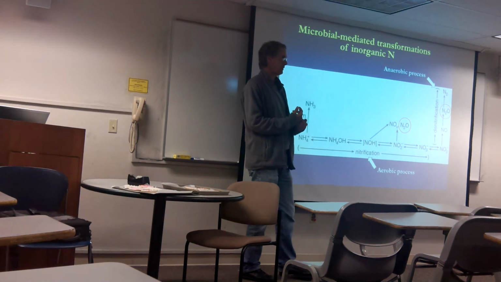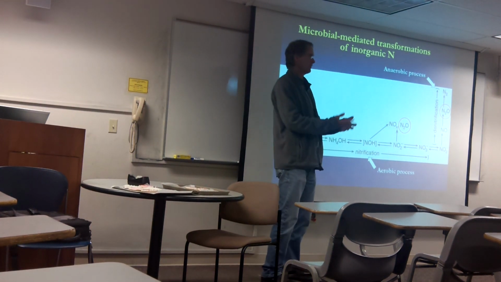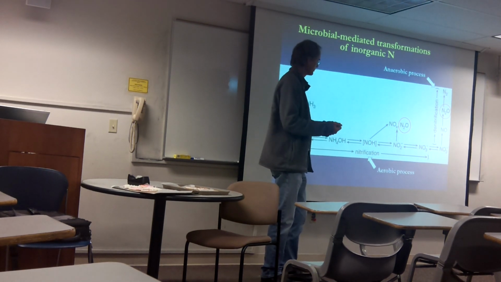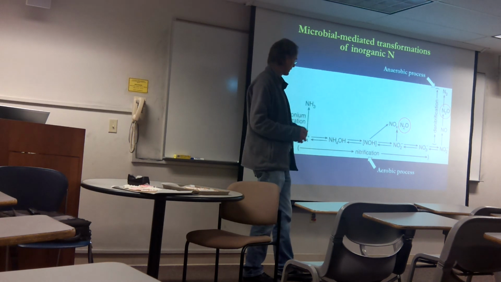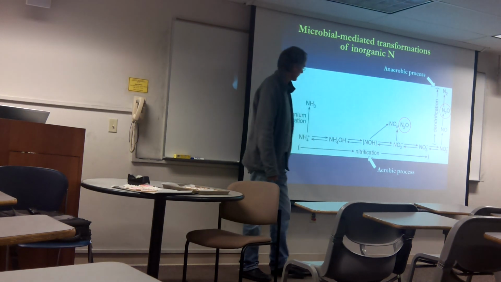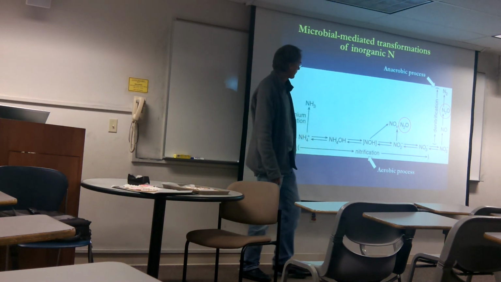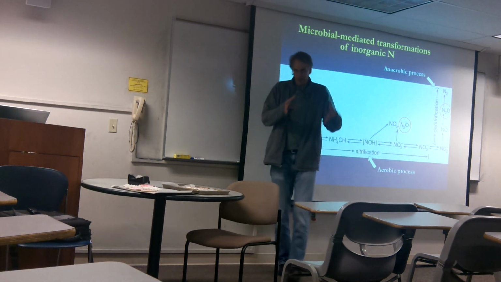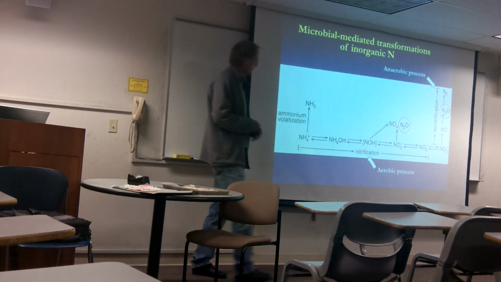The bacteria are chemoautotrophs, so that means they get their energy from that oxidation. They fix carbon dioxide, not just like plants, but they take out carbon dioxide and use that to build their biomass. So it's an aerobic process, okay? It's just that oxidation. In that aerobic process, N2O is one of a kind of an intermediate process that I guess the best way to describe it is it's kind of a